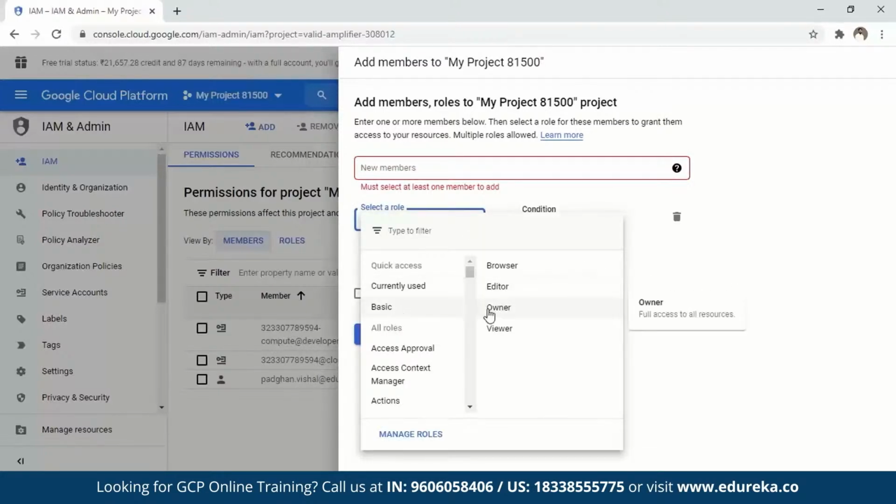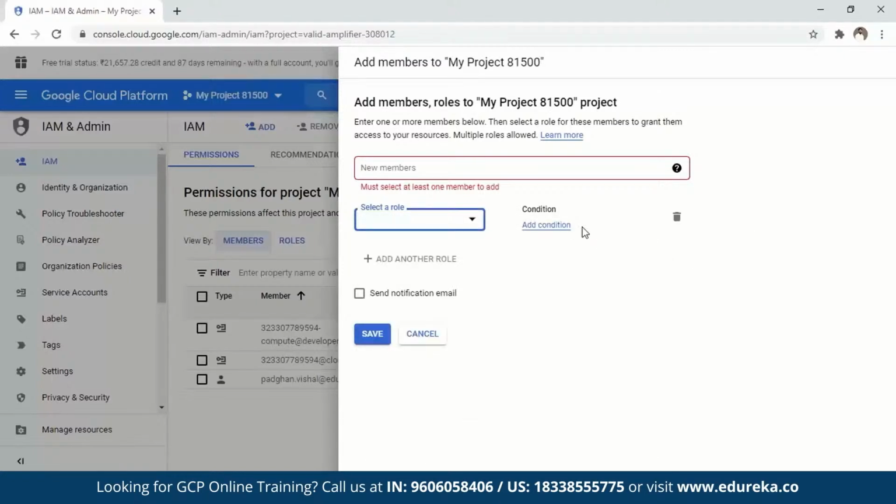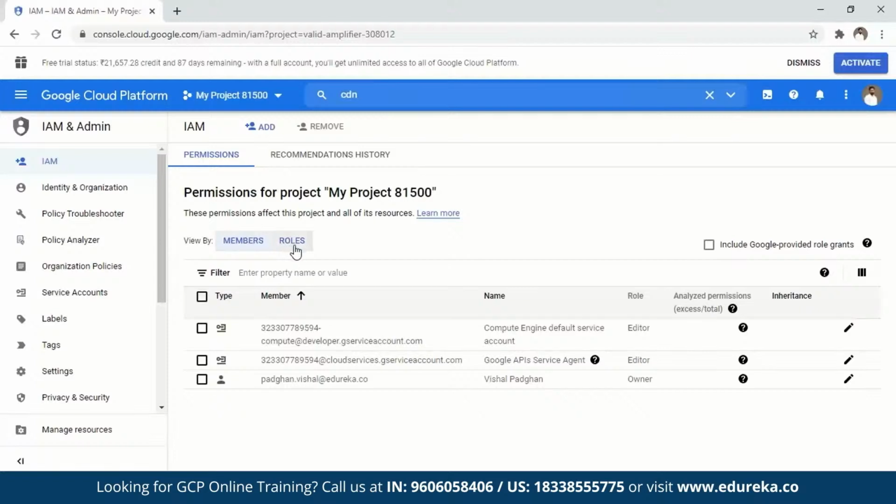Is it an editor access, owner access, viewer access? And I can also add conditions here for durations, times, days, what kind of access and stuff like that. You can add more roles here, and then you can just say save. Once you do that, you can add them in groups as well. You can see that there are members here, right? So you can create groups as well, and then you can add them there. All the policy analyzers and stuff, you'll find all those things here.